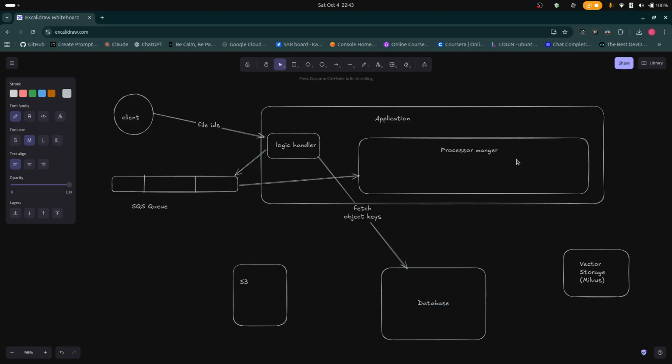We don't want to make another dependency in the application and make it more complex, because it's already a complex application. That's why we thought that a managed queue would bring a little bit of simplicity,